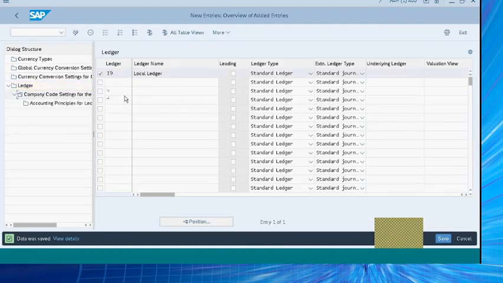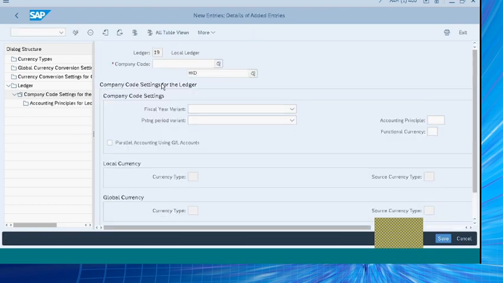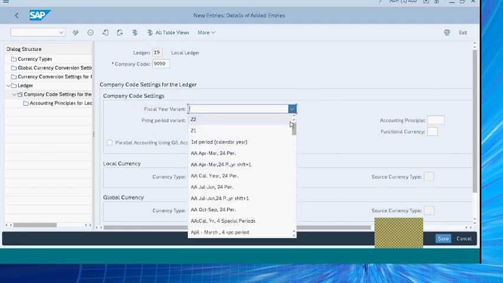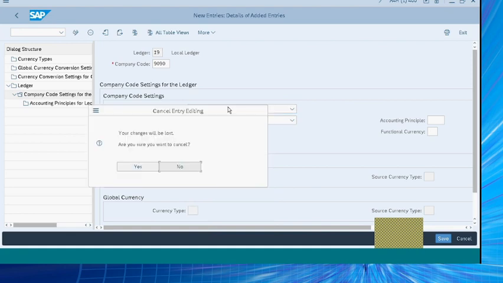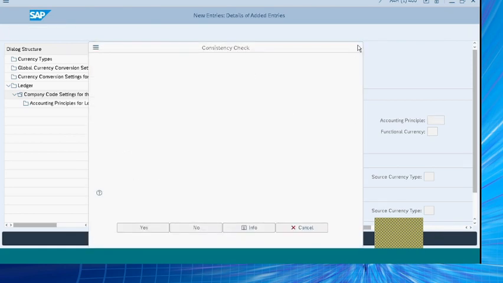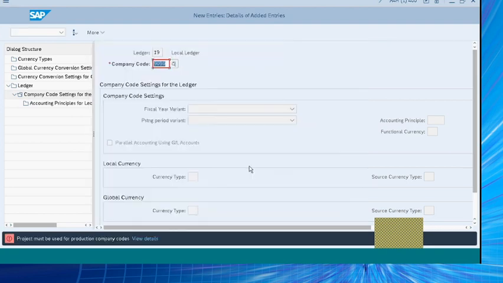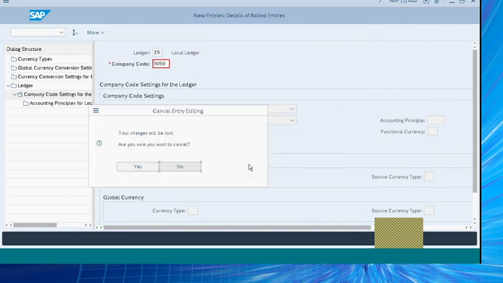And now if you go to the company code settings again, so here you see that the fiscal year can be different, and I can assign a different year, though it's not necessary that you do that, but it is a possibility that you can assign a different fiscal year. SAP will give you warning messages all the time that you shouldn't do this if your system is already live.